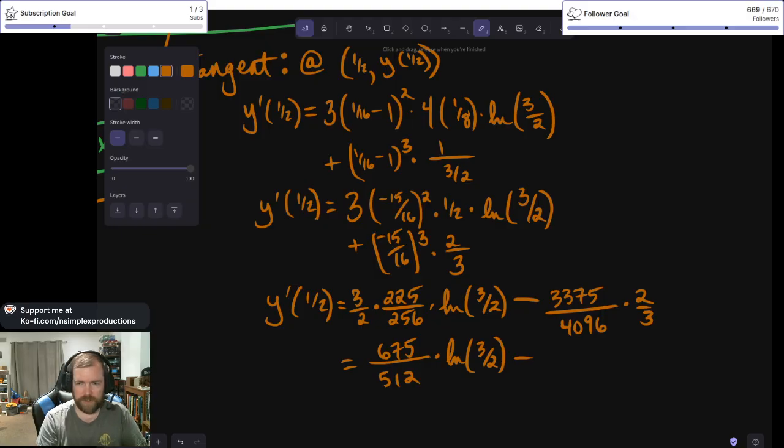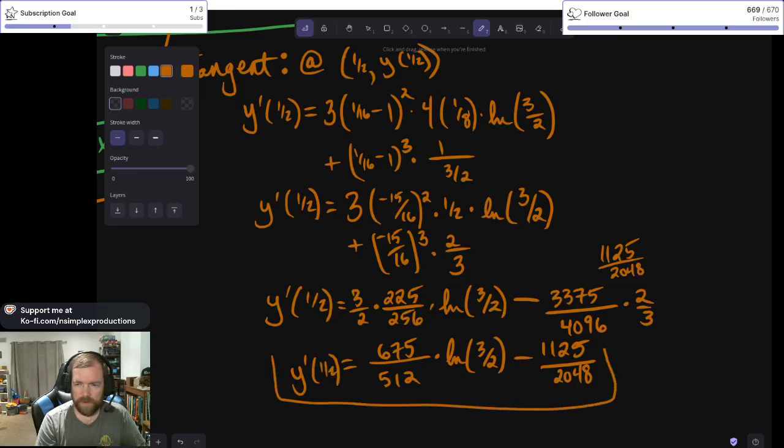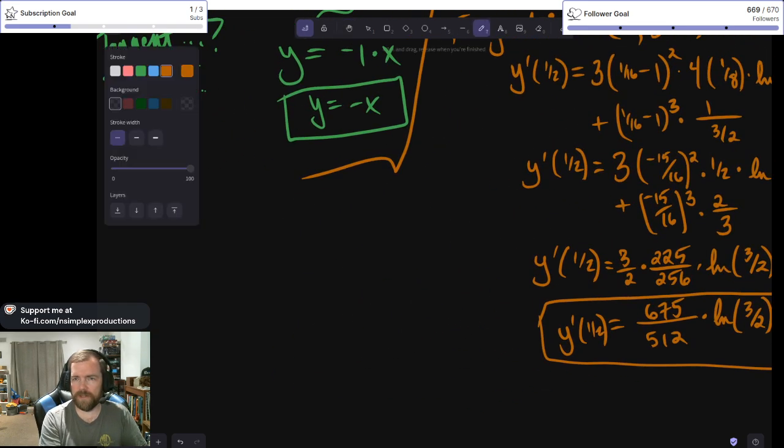4096 can be divided by 2, and 3375 can be divided by 3. So that's something. 1125 over 2048. Cool. Is y prime at 1/2. Alright, that is gross. But nonetheless, that number can then be shunted back into